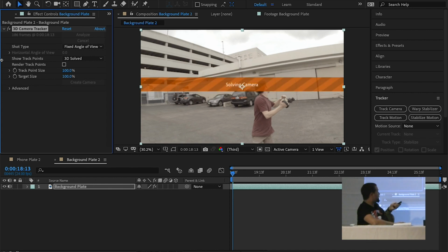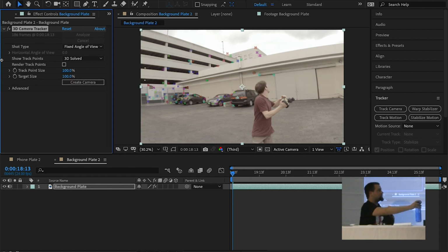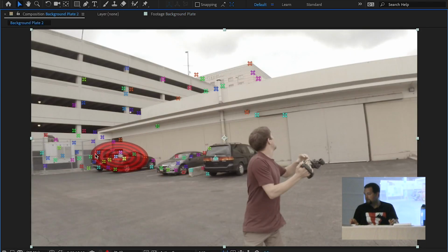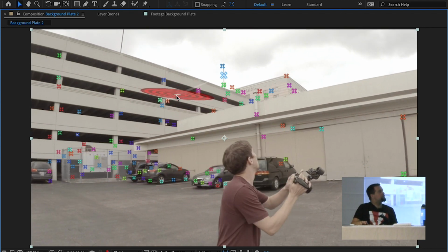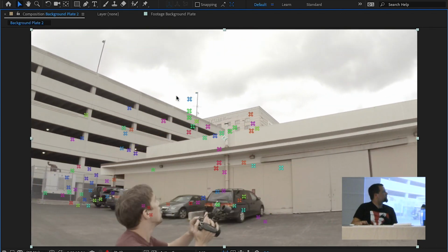All right, and now it's solving the camera. So basically what it looked at was it looked in the scene, as you can see these little dots here. It was looking around in the scene and finding feature points and then looking ahead and keeping them in place. So, all right,